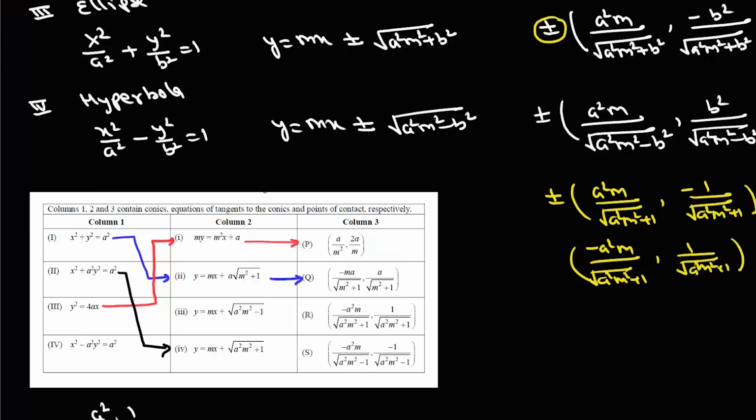So that means this second, it matches with 4 and it matches with r. And this fifth one is a hyperbola, and for this hyperbola, we'll replace b square with minus 1. So here it will be this third option, and if you put b square as 1 here, taking this minus sign, it will be this option S. So this is how we can simply match curves with their equation of tangent and their point of